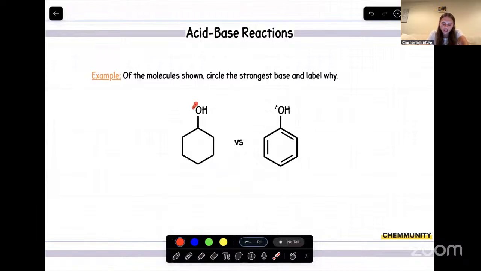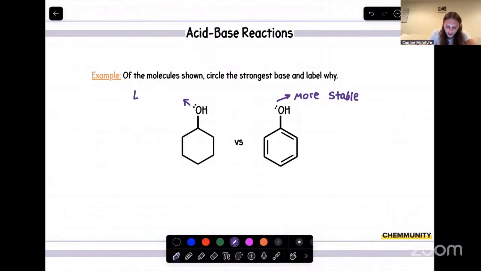So if we are looking at these lone pairs, they are currently localized onto that oxygen. But if we looked at these lone pairs on the oxygen, those can undergo resonance with the entire ring right here since we're surrounding it with double bonds. So we'll undergo a lot of resonance right here, which means those lone pairs are more stable as opposed to these lone pairs, which are localized, making them less stable. And then these lone pairs will be delocalized.